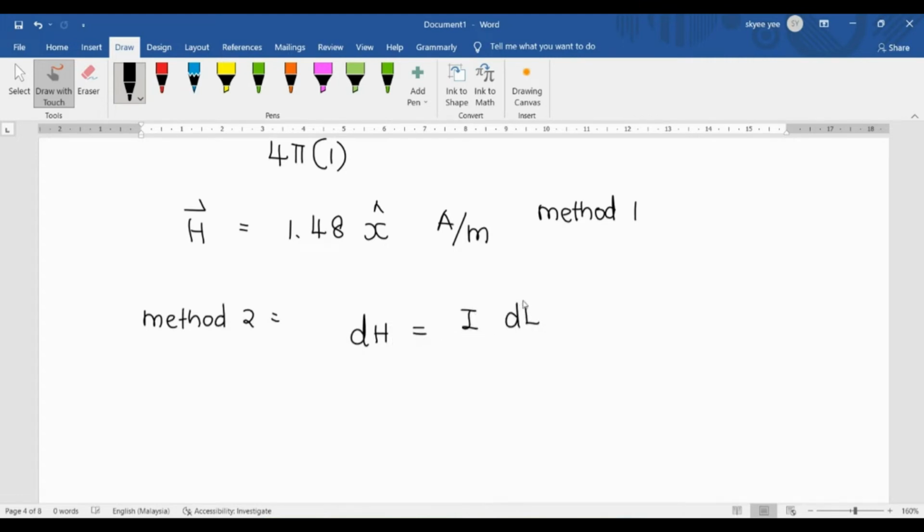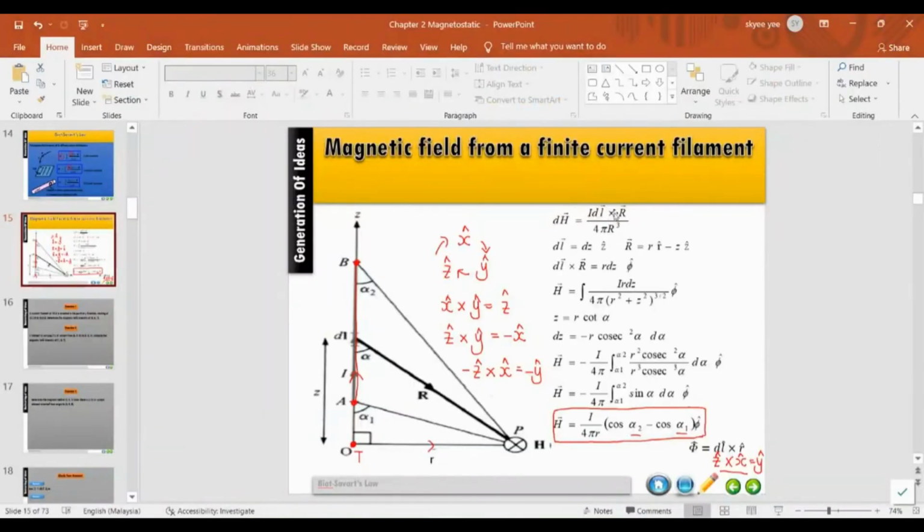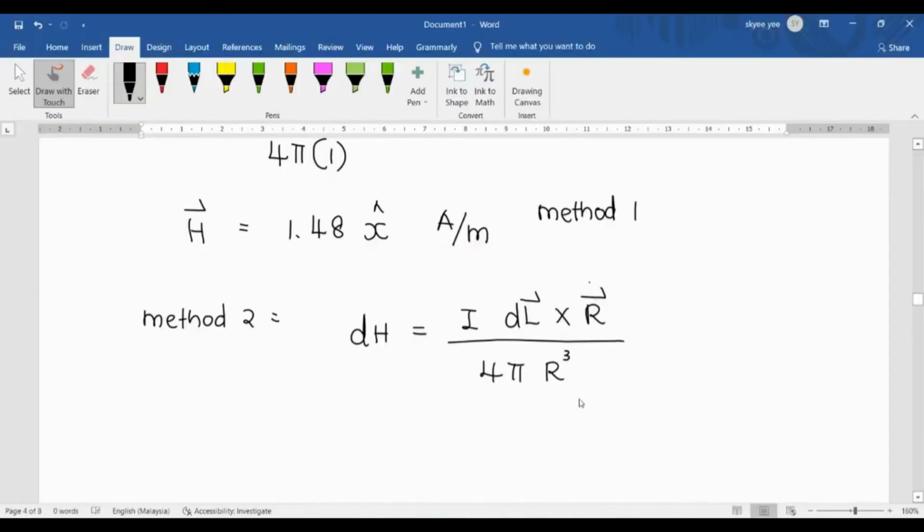IDL cross product with the R over 4 pi R cubed. This one is from here. So this one you already know: it is the direction of the current, with magnitude I. So this one is the direction of the current. So for this case, the DL